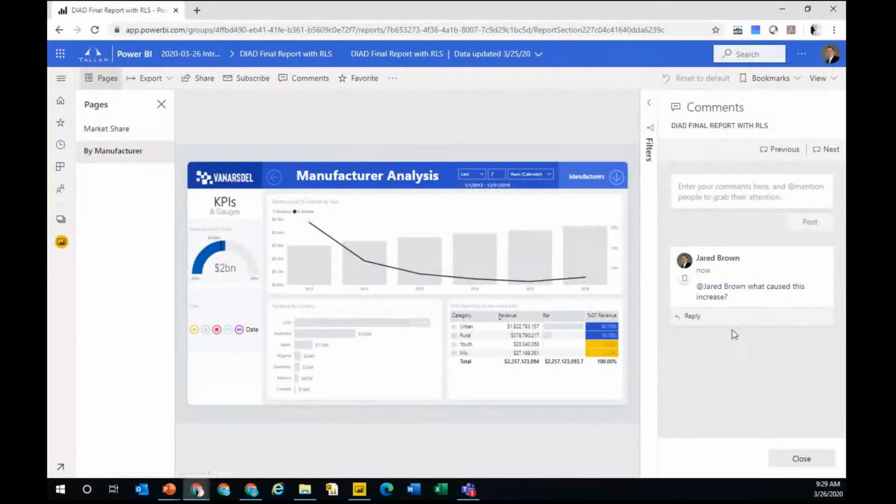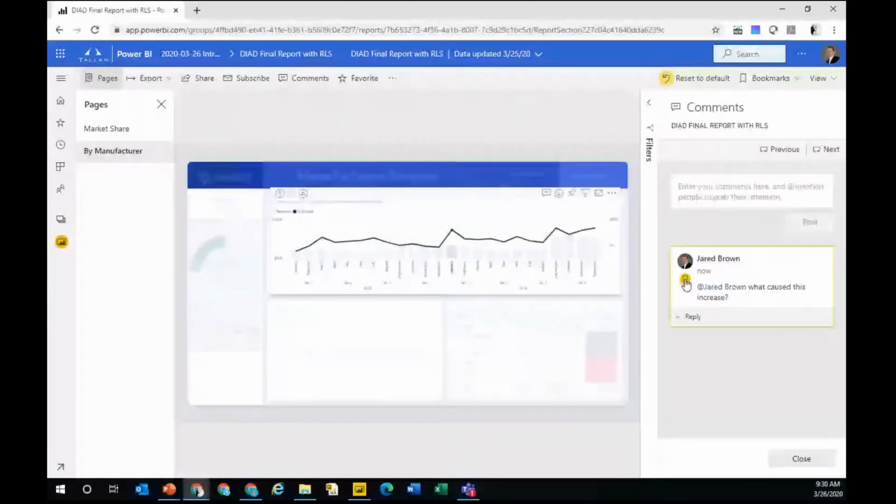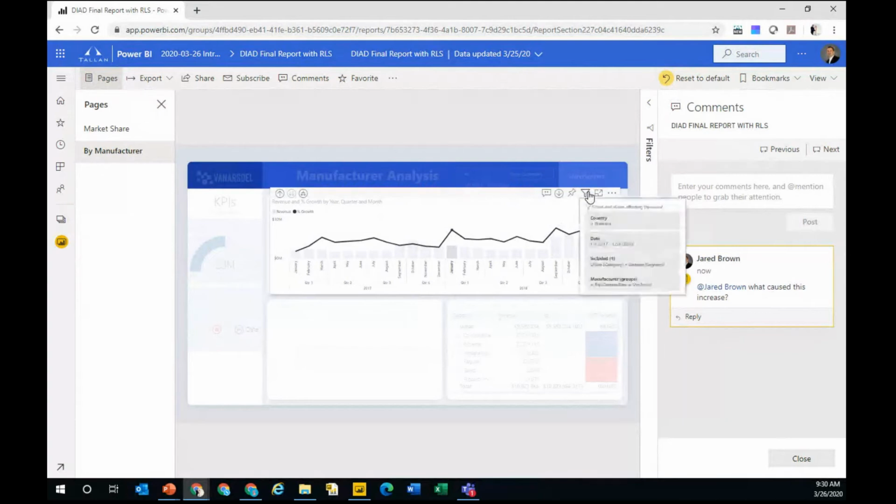Now, the person, in this case, Jared, that comes back to explore this, because I did just get a notification on my phone, might come to the report and say, okay, so I'm being asked to investigate this a little deeper. There's this bookmark here that was created automatically. So when I click on this, it goes back to the exact view, highlighting the visual I was looking at. You might not be able to tell, but, well, actually you could tell up here. Here's everything that was included as a filter